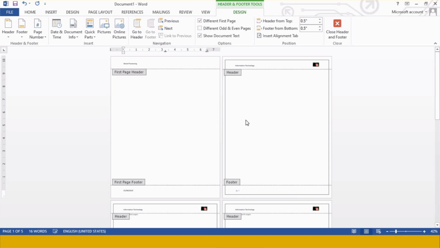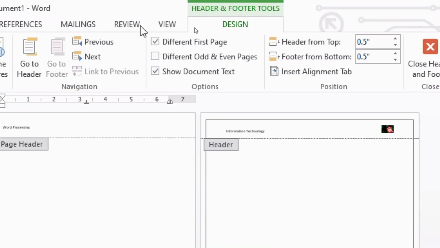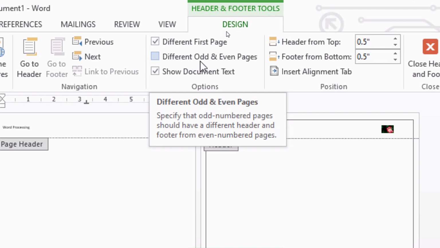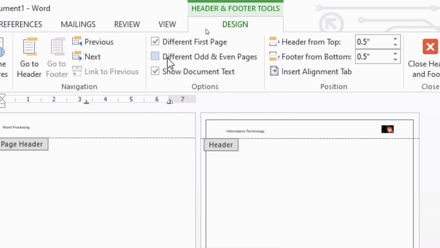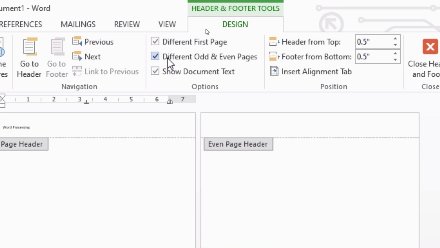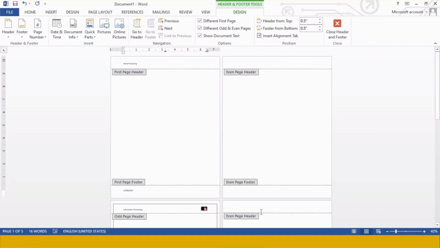In the same way, we have a second alteration with this command, that is different for even and odd pages. The way in the example we have seen just now in that PDF file, it had a different header for the first page, different header for the even pages, and different header for the odd pages. So for this purpose I am just switching on this option, and as I clicked over here, you see the even page headers have been removed from here. The footer is coming as it is.